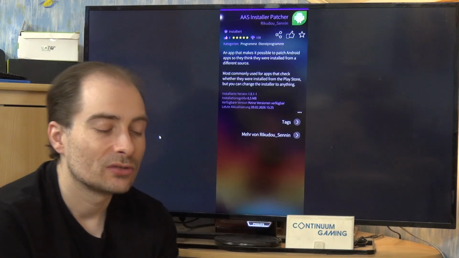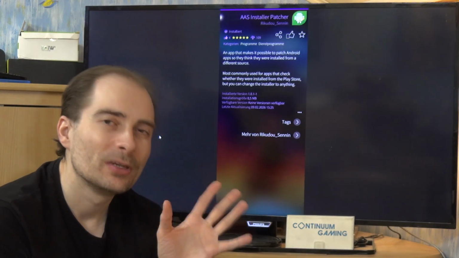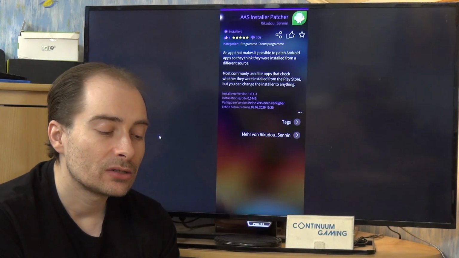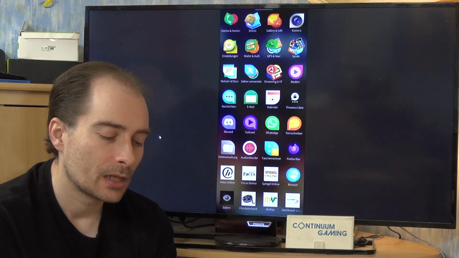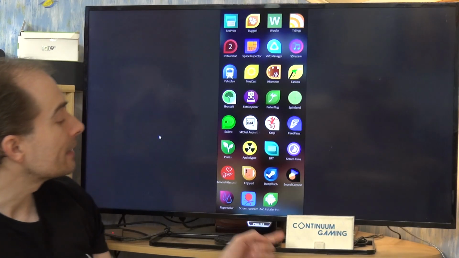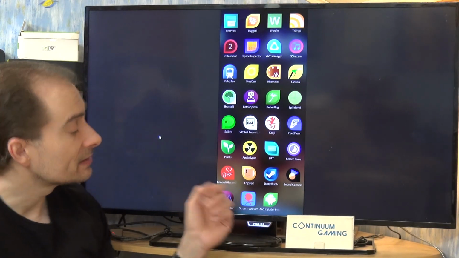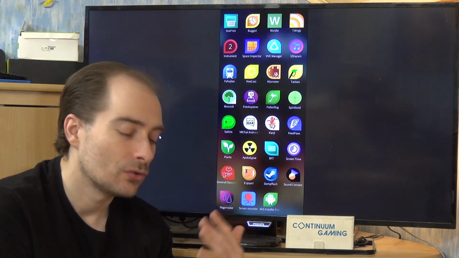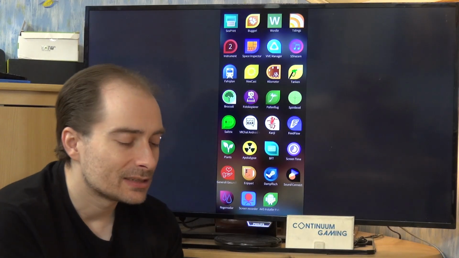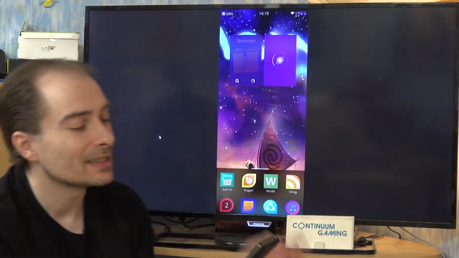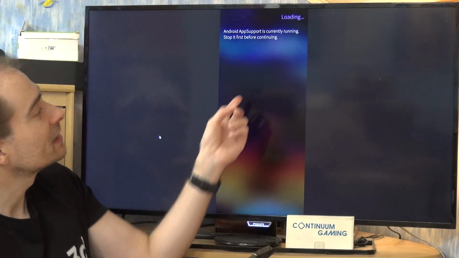Depending on what your setup is there, that is normally the way to do. If you install it, then you can go to your app grid in the end, and at the bottom here, AAS Installer Patch is going to give you this app. Okay, so first off, I'm just going to start this, and now it's going to present you, okay, hey, sorry,